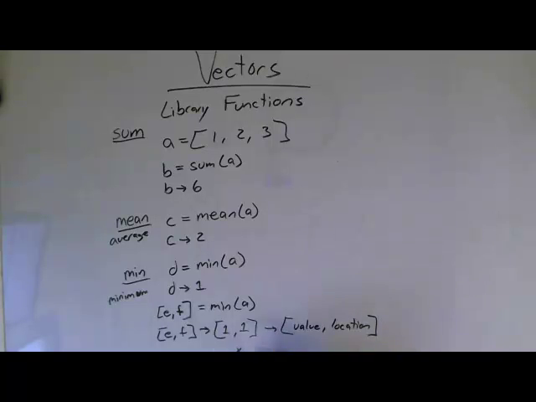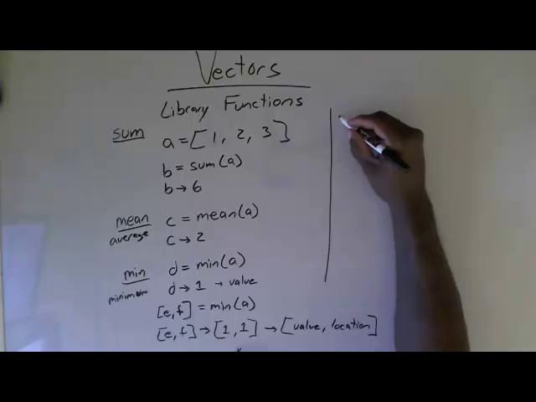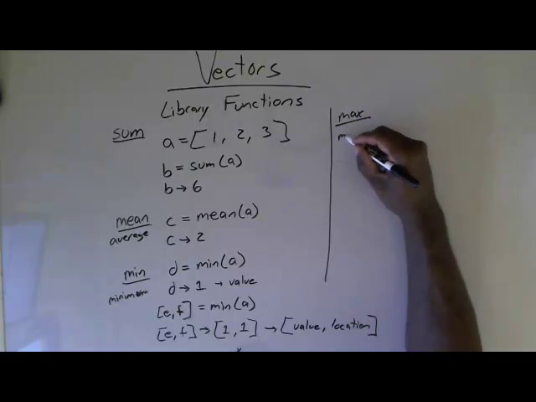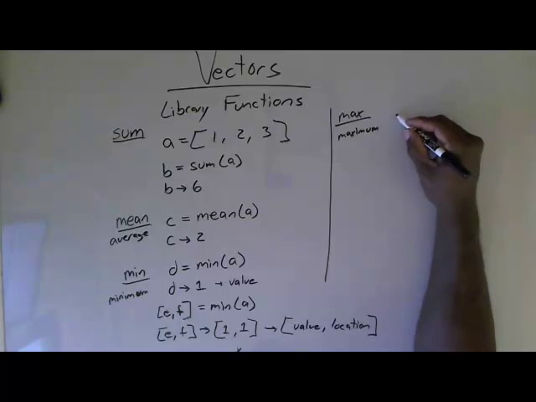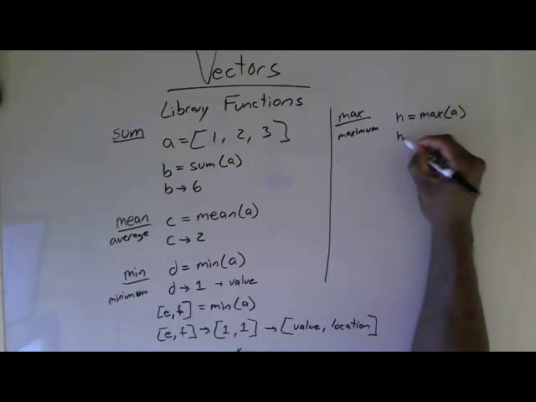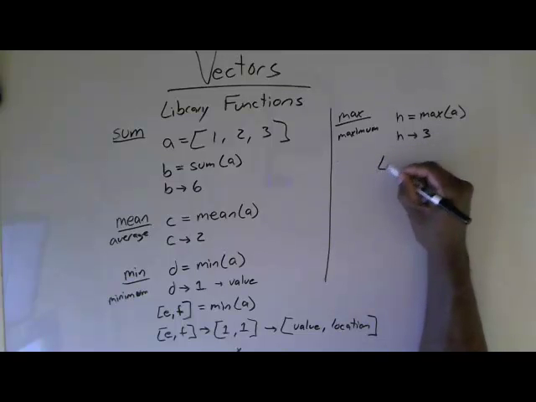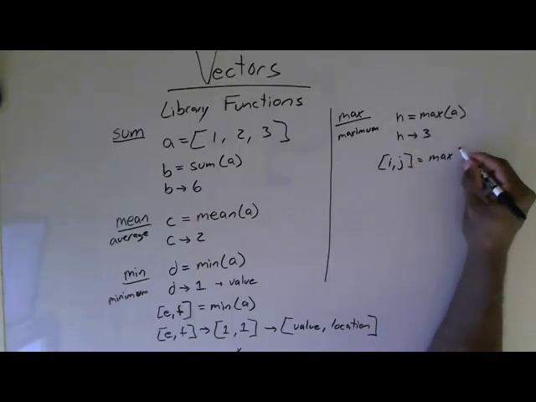So just be mindful that if you give it one thing on the left hand side, it's just going to give you the minimum value. If you give it 2 things, a vector with 2 variables in it on the left hand side, it's actually going to give you the value and the location. Okay. Same thing if I come over here. We look at max. Well, max does the same thing min does, except it gives the maximum value. So once again, if I have H equals the max of A, then H is going to get the value 3. But if I come in here and I say I comma J equals the max of A,